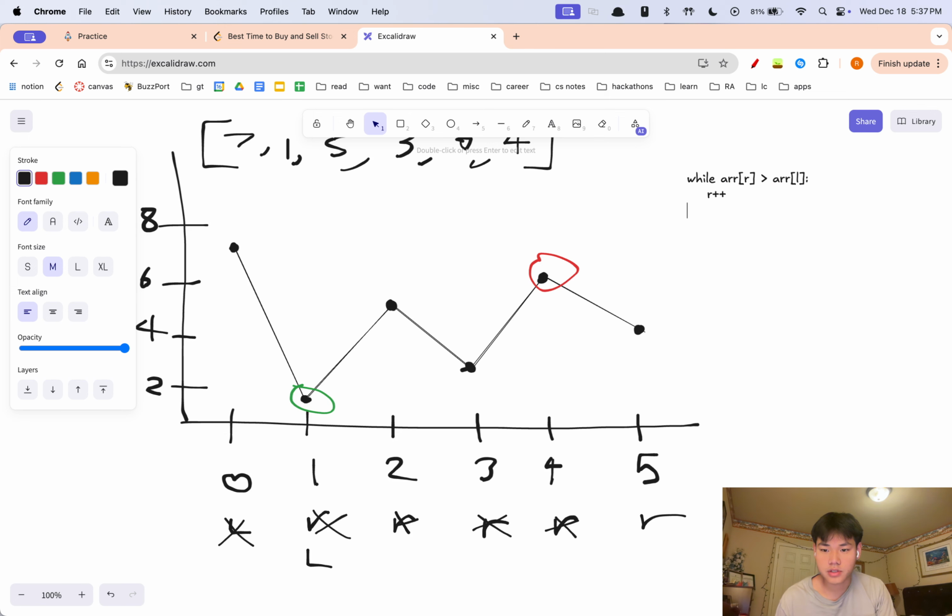So what happens if it stops, right? So if r is less than a, then we set left equal to r, to hold that position. And then